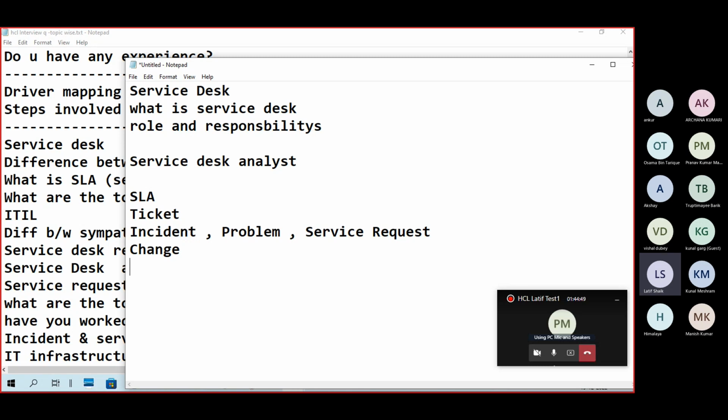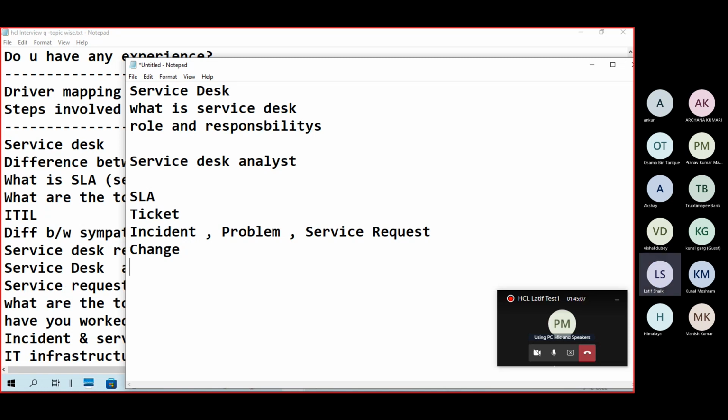Every issue is an incident only, guys. Any issue that occurs, you have to consider it as an incident. How do incidents become problems? An incident is an unplanned interruption to IT services. A problem is the unknown root cause of one or more incidents.